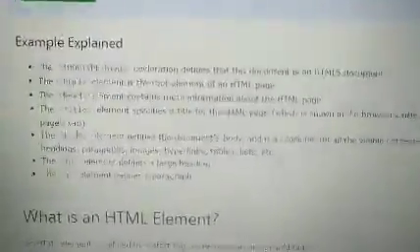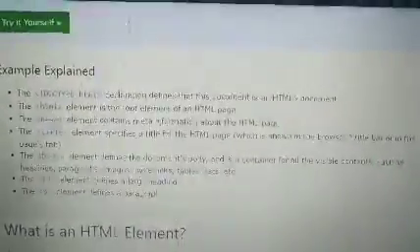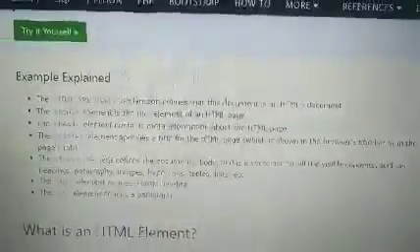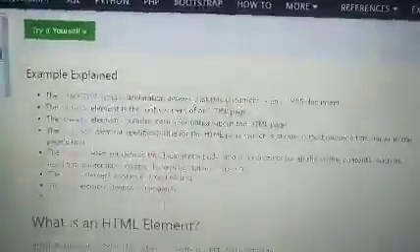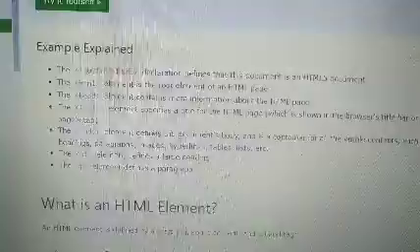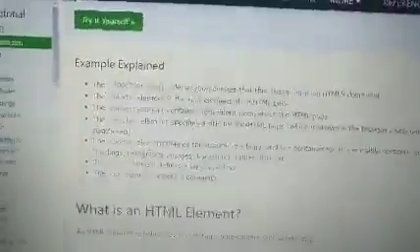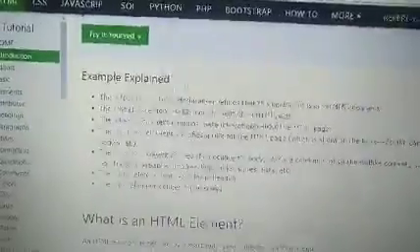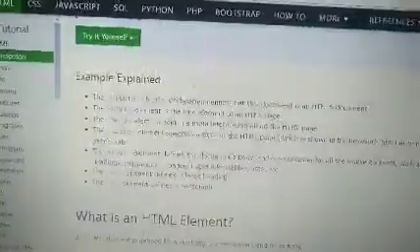Next, the body element defines the body of the document. Whatever you write under the body tag is what is visible. Next one is the H1 tag. The H1 tag is defined for a heading. Heading and head are both different. Head is given for the title of the page, which is not visible in the body section, but H1 is used to give the heading of any content. P defines the paragraph.